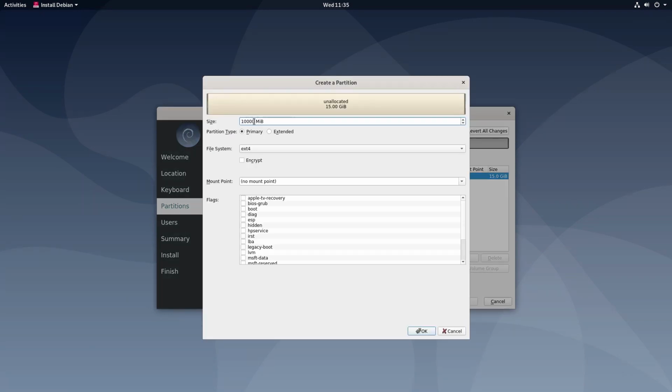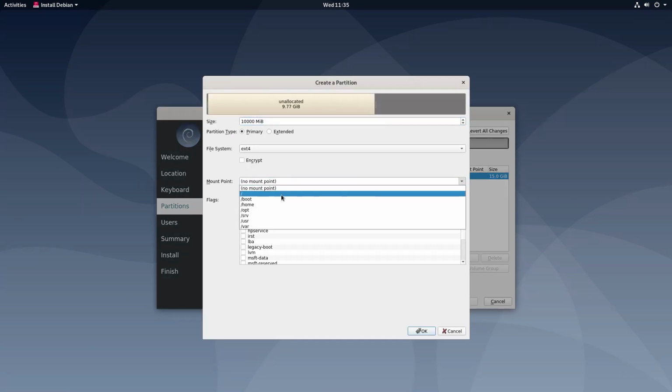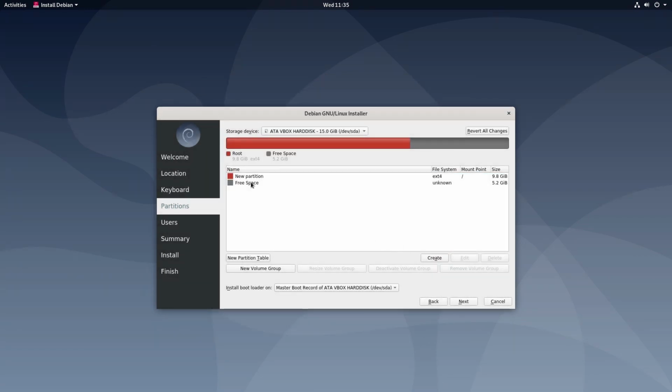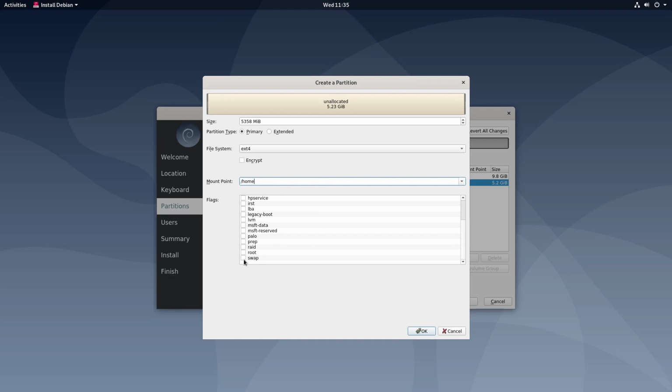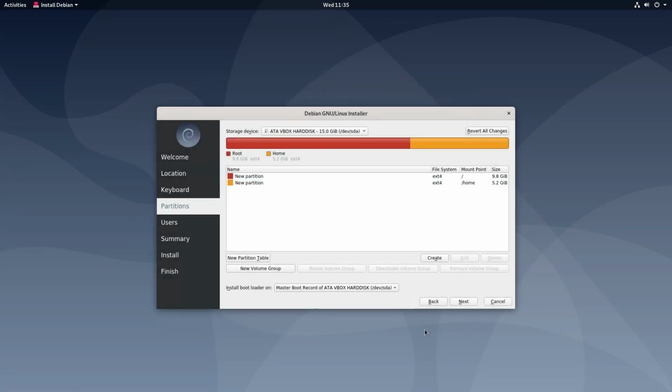Let's create two partitions here. The first one will be 10 gigs with a system root mounting point. The second one will be my home partition. If it was a swap partition, you would also need to add a swap flag here, but I use a swap file instead. Watch my video where I argue for this choice and show how to create a swap file. As you can see, this partitioning is much easier than in the default installer. Everything is very intuitive if you're even a little familiar with Linux partitions.